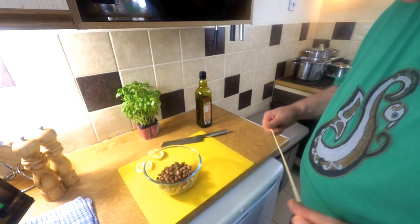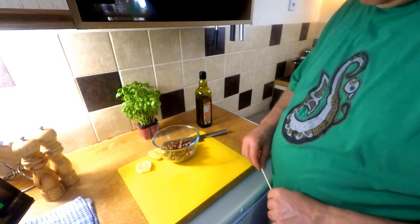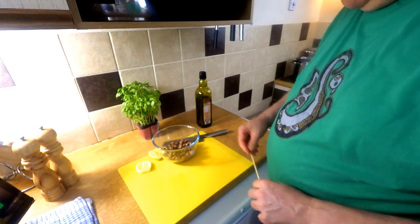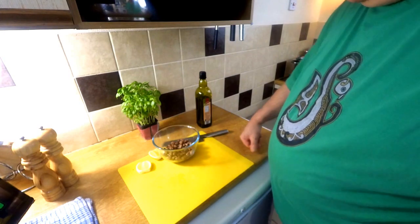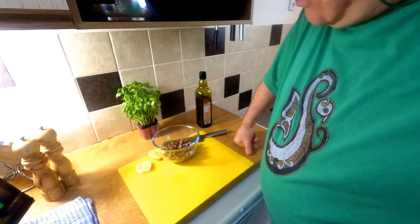Another thing, when obtaining vegetables, the next best thing to growing your own vegetables is, if there's a scheme in your area, and there is when I lived in East Anglia, there was a wonderful scheme where locals who grow their own vegetables would put their surplus out in what they called an honesty box. An honesty box is a wonderful